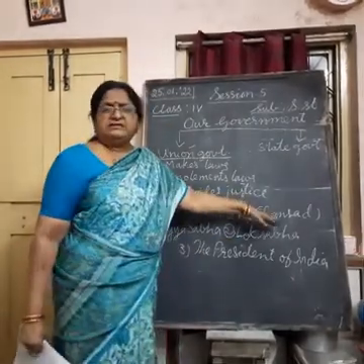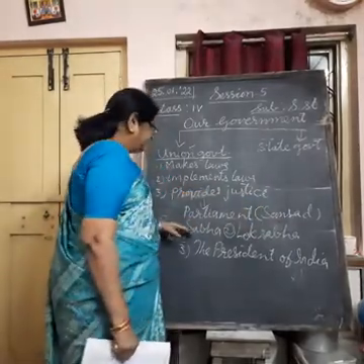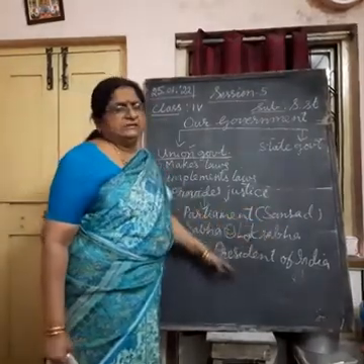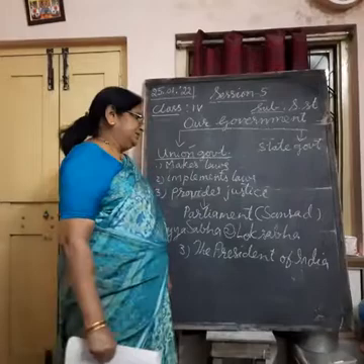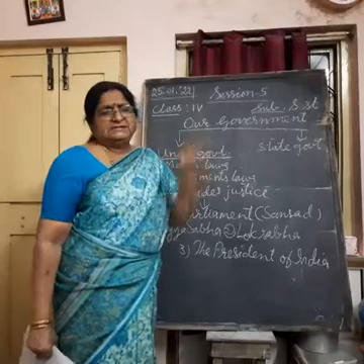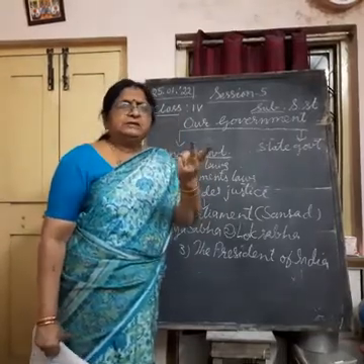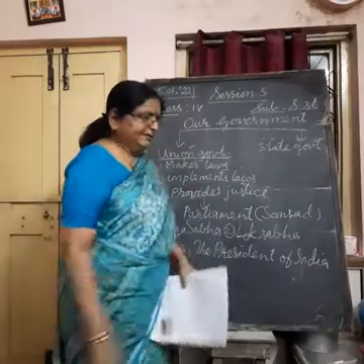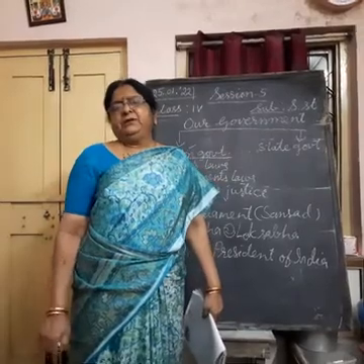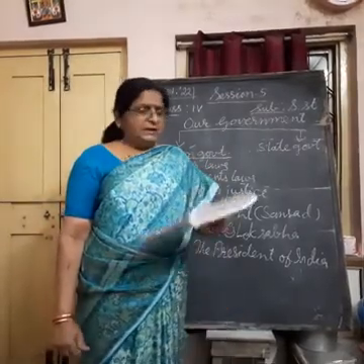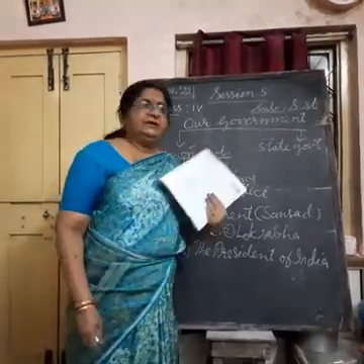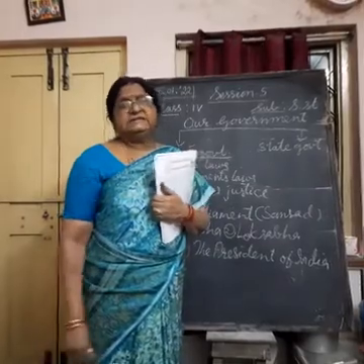What are the three wings of the Indian parliament? Rajya Sabha, Lok Sabha, the President of India. These are the three parts, three wings of the Indian parliament. Remember, the Indian parliament has three wings, three parts. They are Rajya Sabha, Lok Sabha and the President of India. Now you are going to study how these three wings work. What happens in Rajya Sabha, what happens in Lok Sabha, and what the President of India will do, what powers he has, etc.